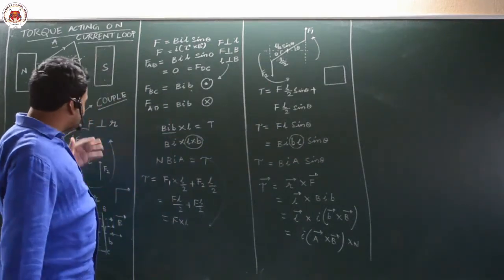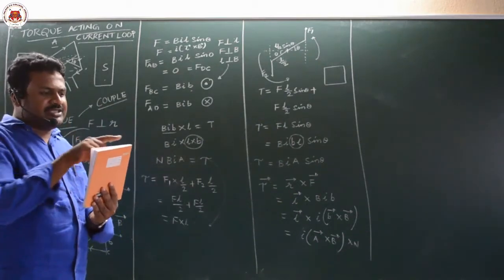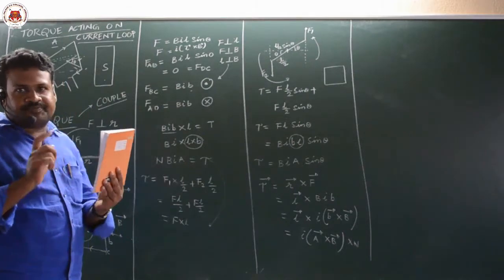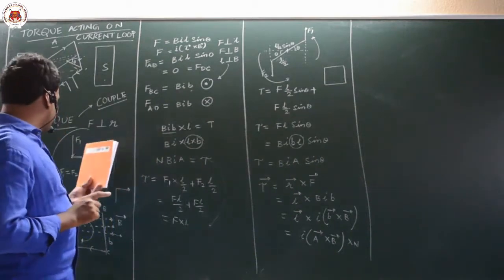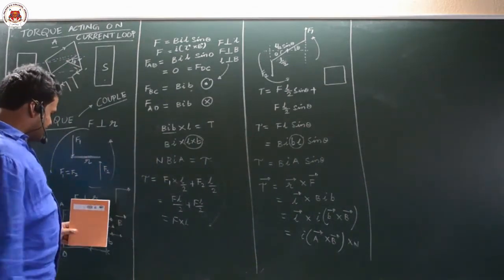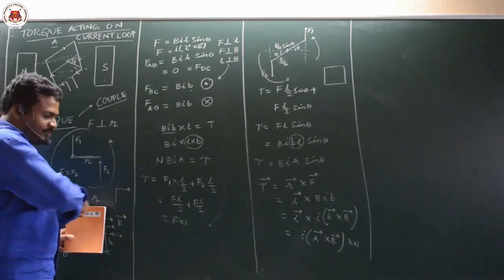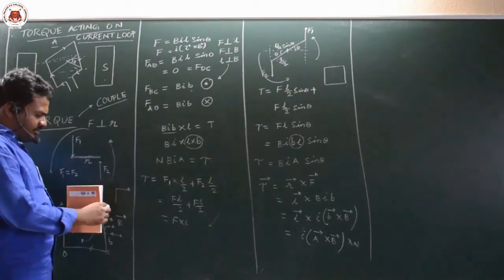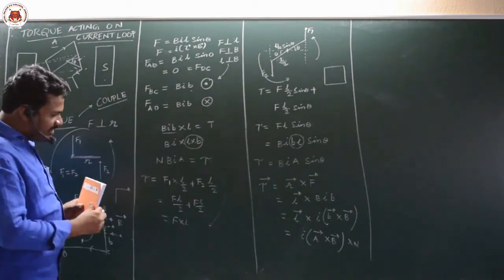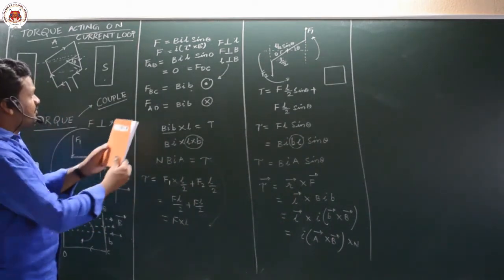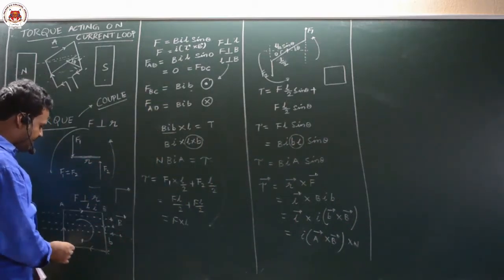So here no need to get confused. What we have taken is a rectangular loop whose length is L, breadth is B. In your textbook they took this as A, this they took as B. That loop first I kept on the board and I passed magnetic field in this direction from left to right like this. Then what happened? That loop started to rotate. The force which produces turning effect is called torque. The loop contains four sides AB, BC, CD and DA.